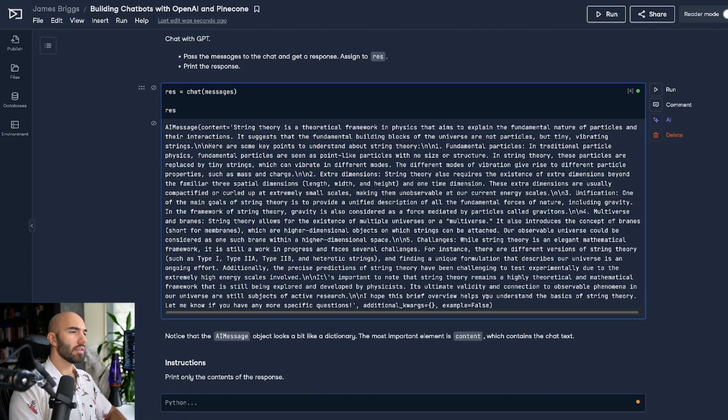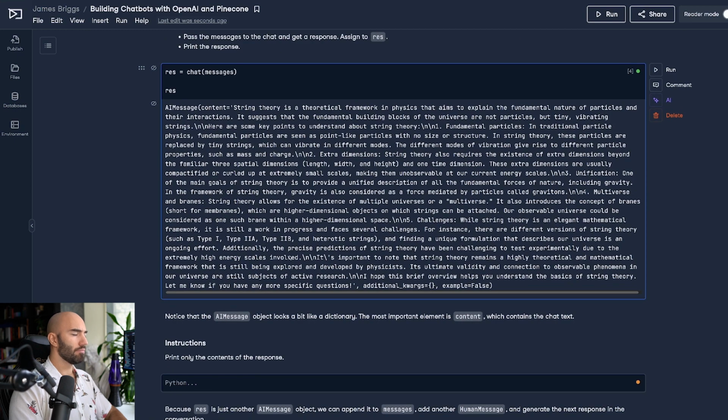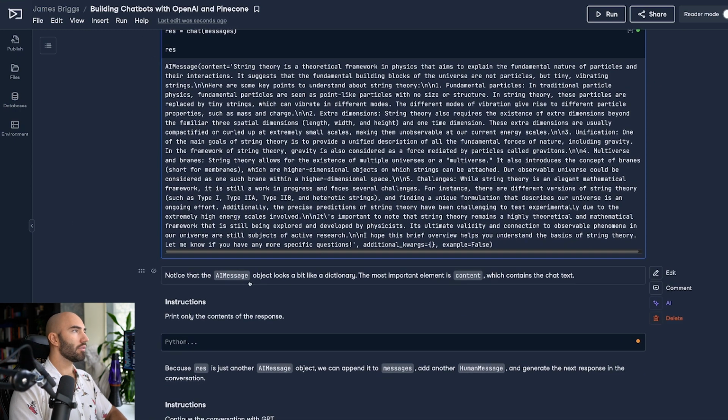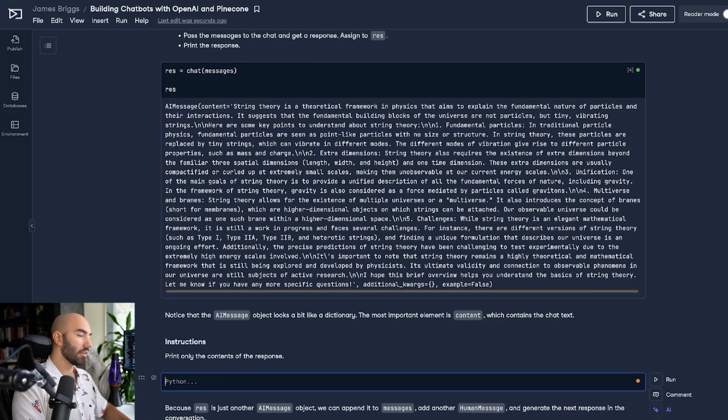But let's format this a little bit more nicely. To do that, we're just going to print so that we can see the new lines more nicely formatted, and we want to print the response content. You see the content is here.